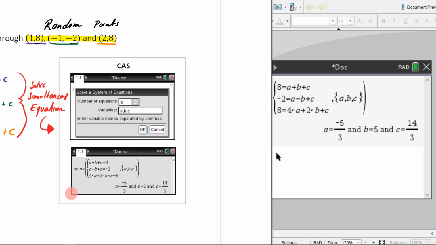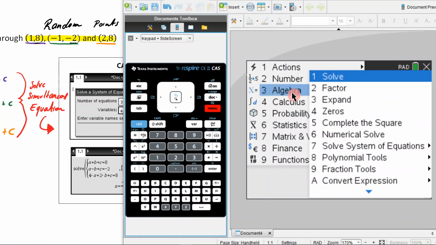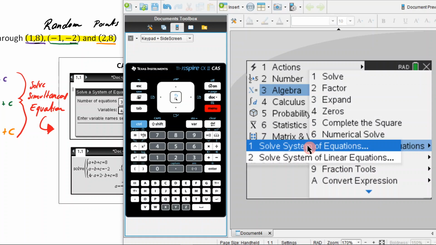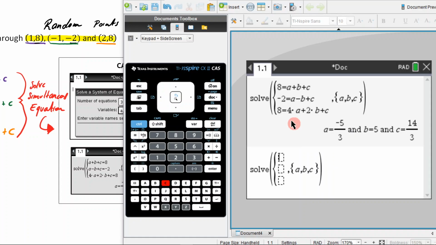So you've been given these 3 random points and you're asked to find the quadratic rule. Well, we're going to start off the same way. We're going to go menu, solve system of equations. The first one there, we still have 3 equations and we're still solving for a, b, and c. We hit OK. But now, instead of writing down this, because this is when I subbed it in by hand first,